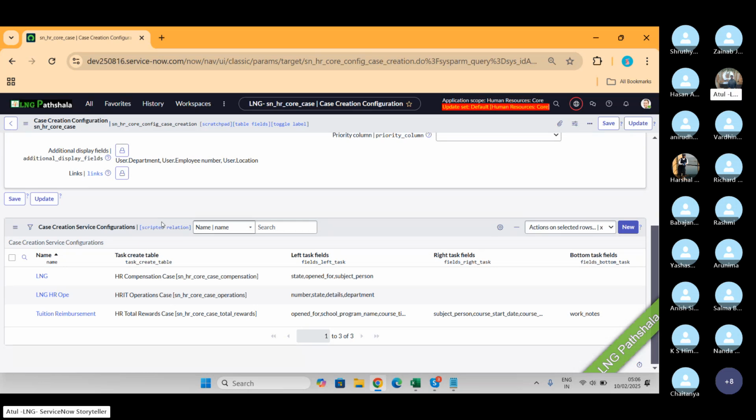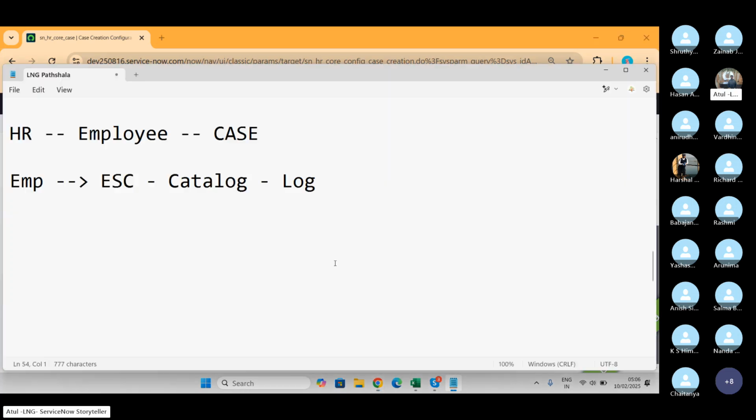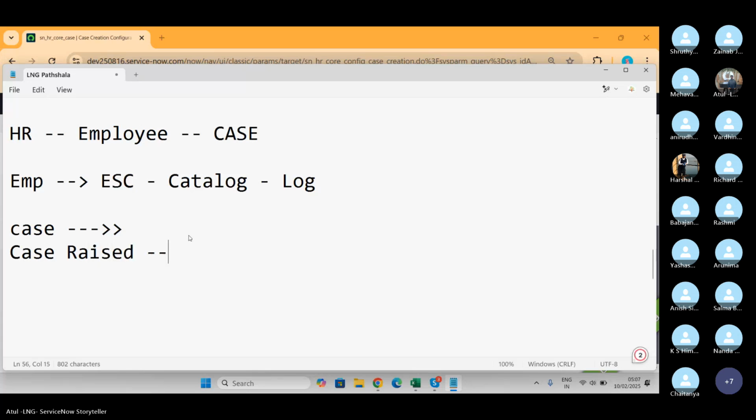In this HRSD, the case is the key, and the process. Definitely every record in ServiceNow, I'm talking about the traditional record, has a life cycle. A case has been raised. Then when a case has been raised, it has a backend that is called the CoE or the service,